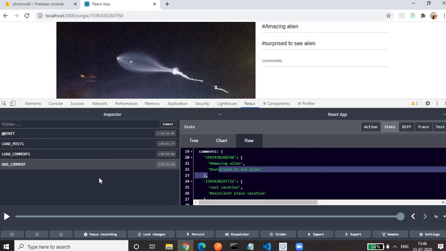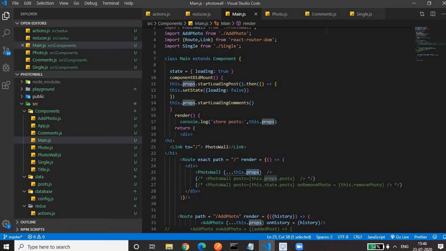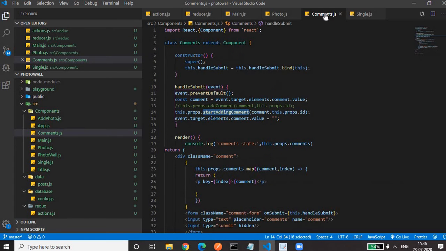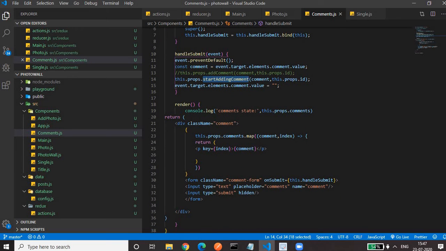So how are we triggering this add comment? We are triggering it in the comment component. Let's revisit it. This we also created on day 4. There is a form in which we have a comment input field with a submit button which is hidden.